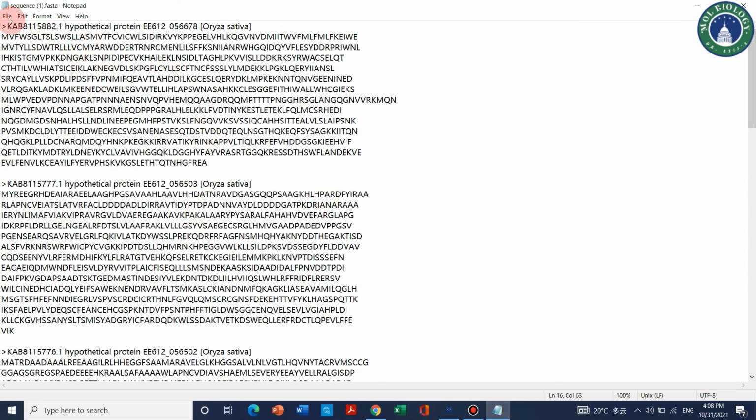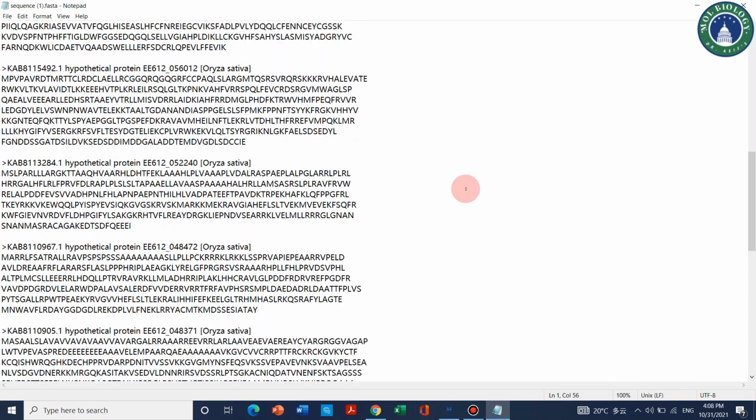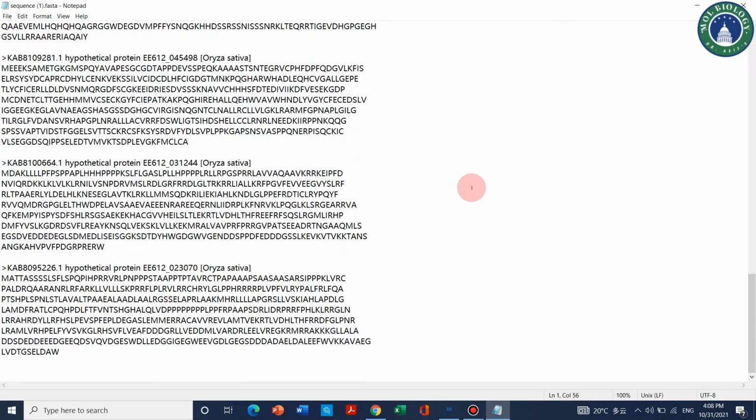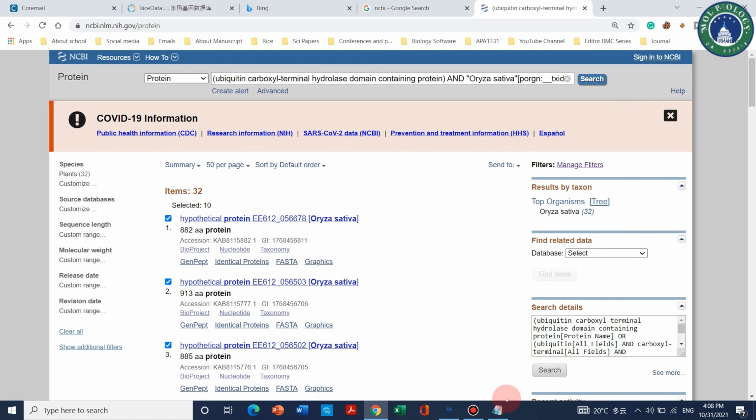This is the FASTA format because it starts with the greater than sign. Any format which starts with the greater than sign is called FASTA format. Here is its accession number, its annotation, its ID, and its organism. We will use all these proteins for later phylogenetic analysis.